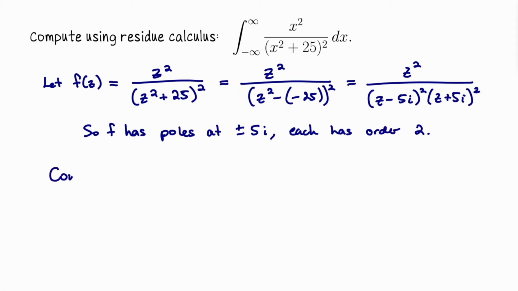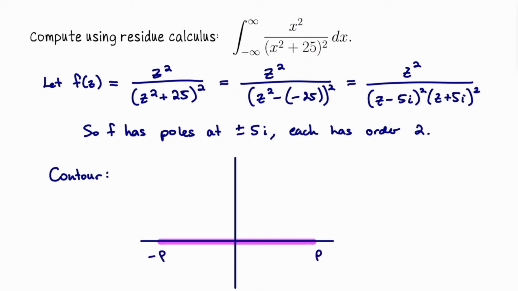All right, next let's create a contour that we can use to evaluate this integral. This is going to be a contour in the complex plane. As we typically do with this kind of computation, our integral from negative infinity to infinity is going to be like going along an interval like this, where I'm going to say that this number is negative rho and this is positive rho. And then because we need to close this off into a contour, let's go along the upper semicircle of radius rho. I'm going to name this contour gamma sub rho, and the upper semicircle I'll call C subscript rho, and that's just my notation.